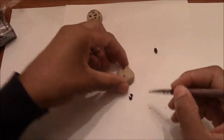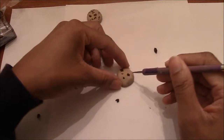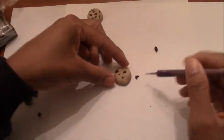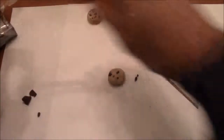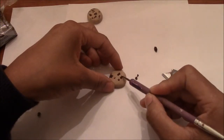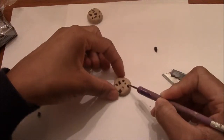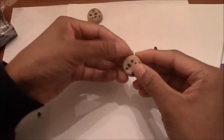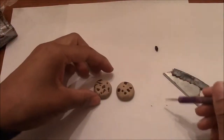Okay, and now we see it's starting to look like a chocolate chip cookie. It really is starting to come together. And again, with the chocolate, don't feel afraid to experiment, but your chocolate chunks don't have to be the perfect size and shape for each one. I'm just going to play with it a little, have it sticking out, and some parts will be more pressed in for that more realistic chocolate chip cookie look. Okay, so now we have our two